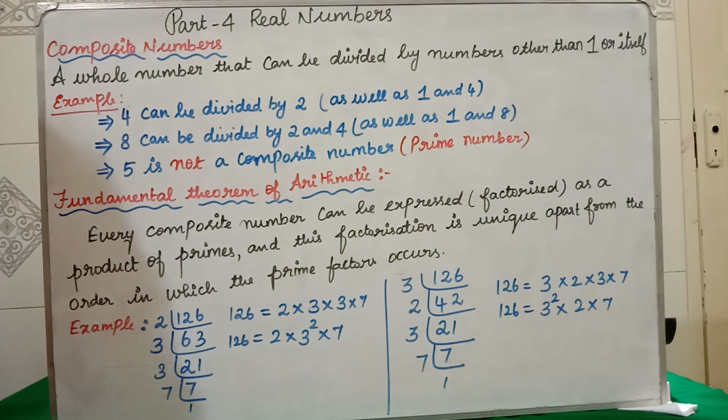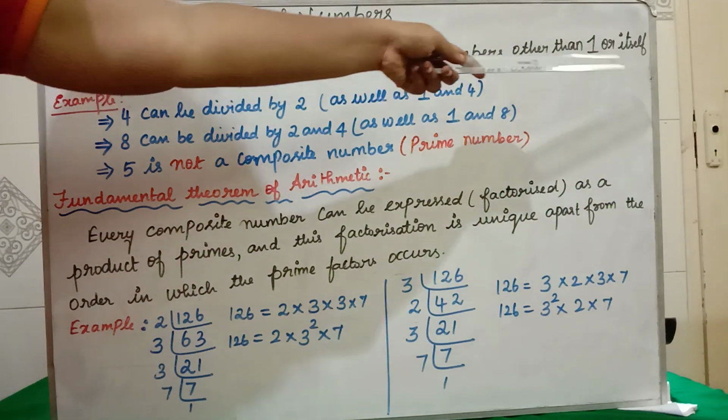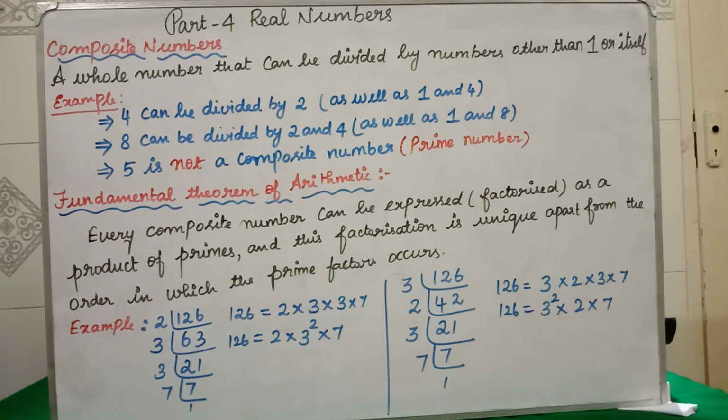Isn't it? You all know what is prime number. What is prime number? A number that is divided only by 1 or itself is called a prime number. Clear? If someone is asking, what are the prime numbers, give me an example, what will you say? 1, 3, 5, 7, 11, 13, etc. These are all what? Prime numbers.